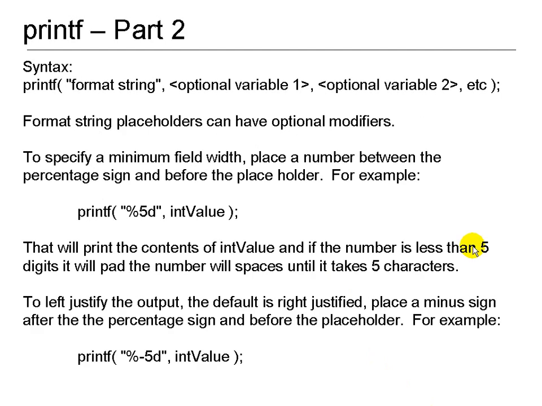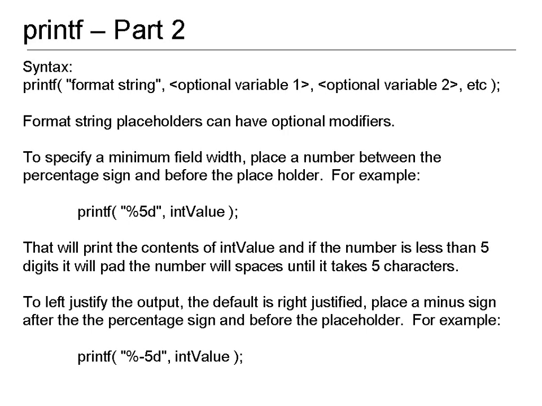There are some optional modifiers for the placeholders that aren't widely known. The first one is you can put a number between the percent sign and the placeholder data type, and that will specify a minimum width. So when it prints out, it will take at least that number of characters. In this example, I have %5d. If the value is less than 5 digits long, it will pad that value with spaces